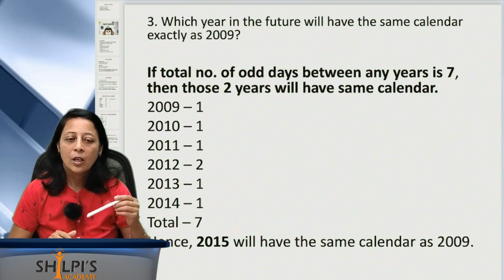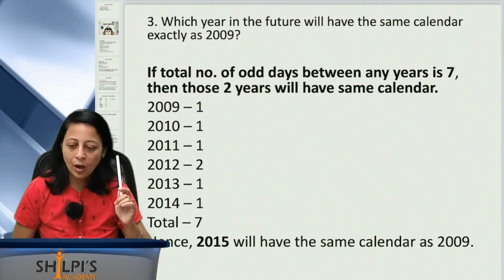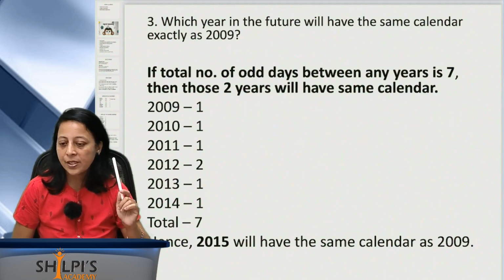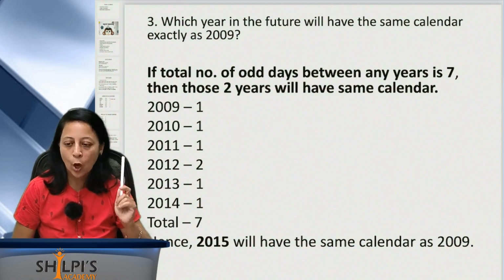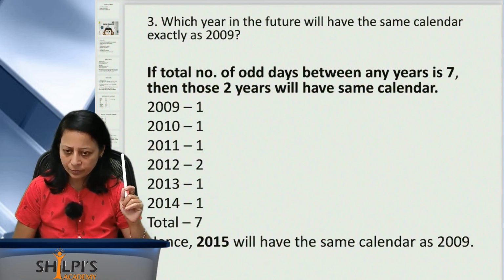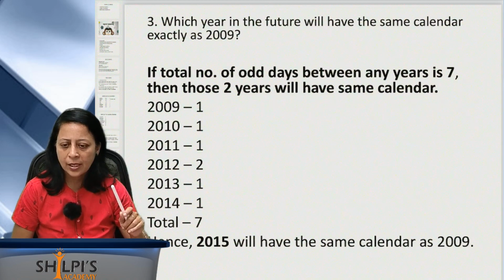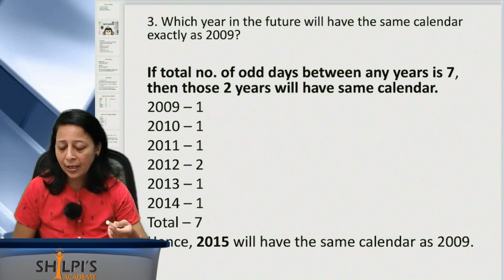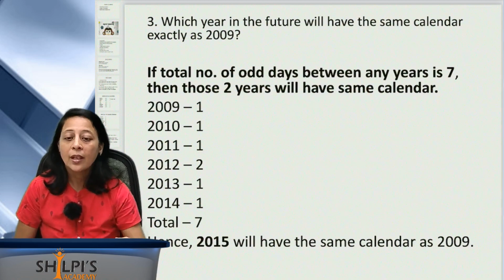Okay. So 2009, we all know, is 1 odd day, because 2008 is divisible by 4, and after 2009 will be 1 day as your odd day. 2010, when you divide it by 4, you are going to get 1 day. 2011, sorry, I meant to tell you, just take it as your ordinary years and leap years, I am sorry. Yeah, odd days based on your ordinary years and the leap year.